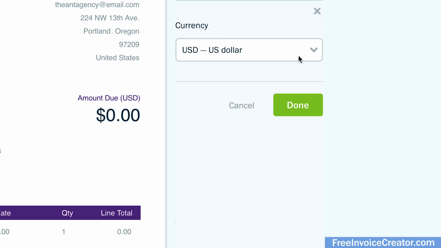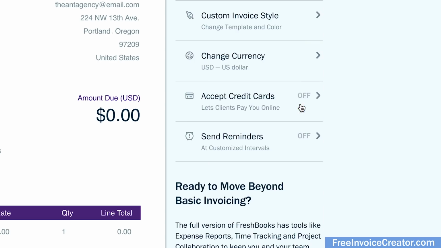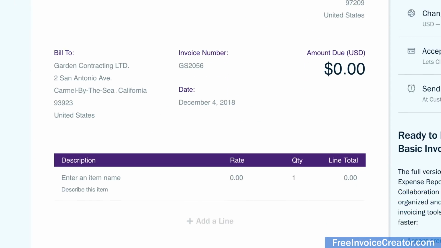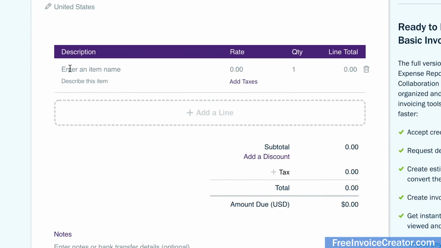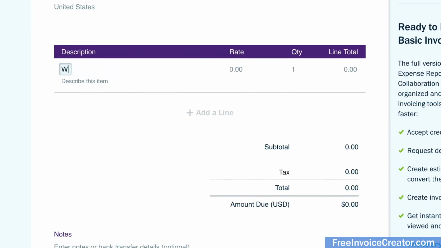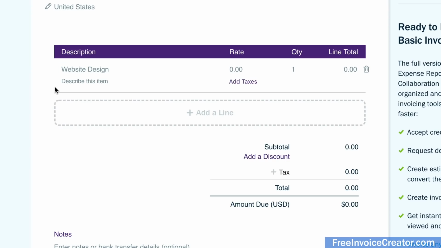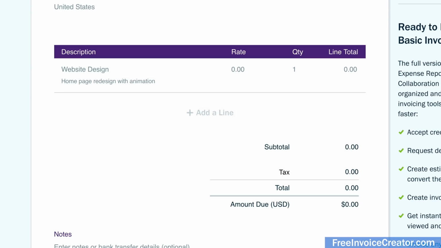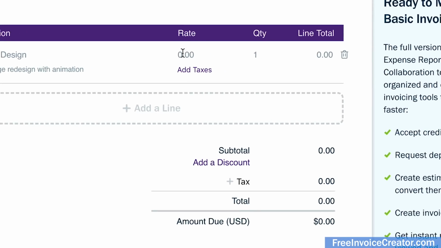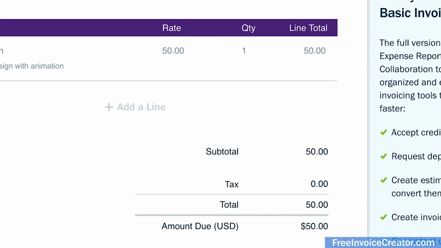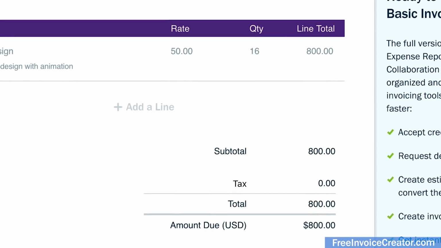Click Change Currency in the right panel to select the appropriate one. Now, to add your item or service, click on Enter an item name. As a pro tip, you may want to add a short description of the service you provided to eliminate any confusion. Next, add your rate, the number of hours you're billing for, then watch the line total automatically calculate the amount